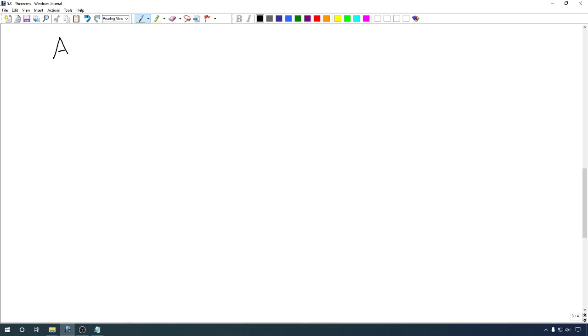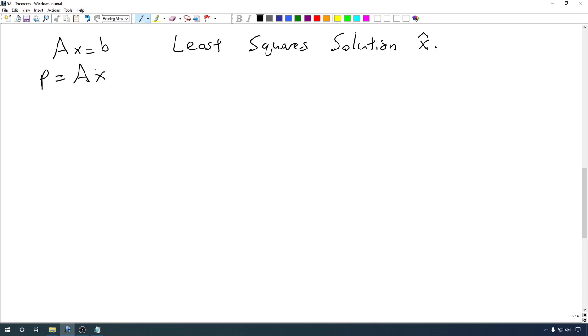So let's return to our system Ax = b with least squares solution x hat. And we're going to say that p is A times x hat. We want to project b down onto the column space of A. So here p is in the column space. Remember, we denoted that as R(A). And by that theorem, that means